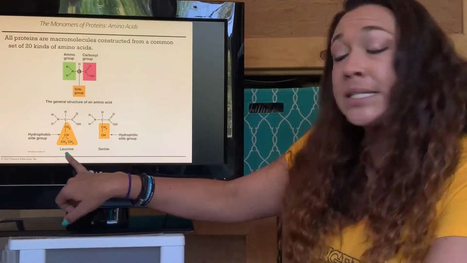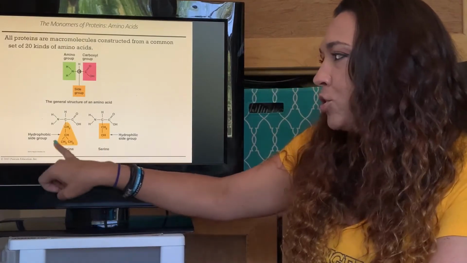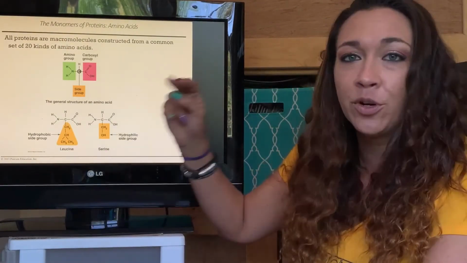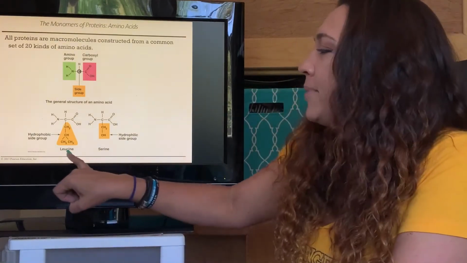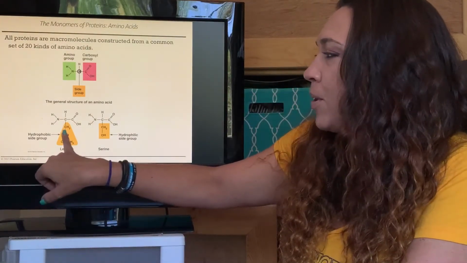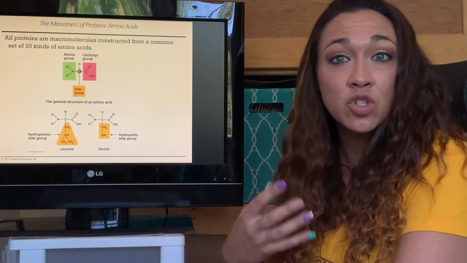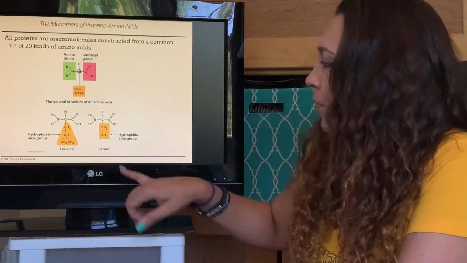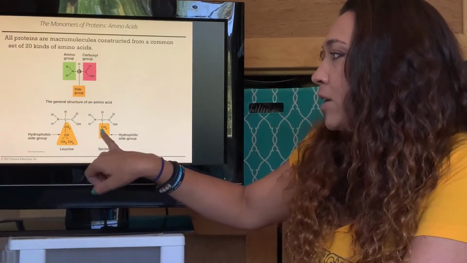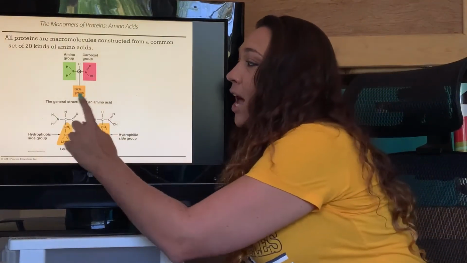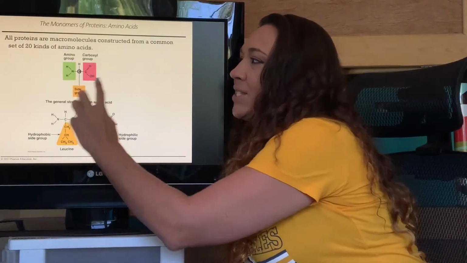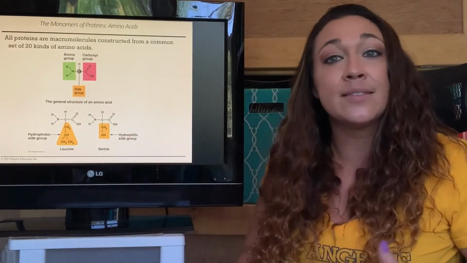So if we look down here, we can see leucine. And this R group shown here in yellow, or this side group, same kind of thing. Organic chemistry, they call it an R group. This is leucine right here, and you can see that it's got a bunch of these CH molecules. And so that's structurally what makes leucine. And over here we have serine, which only has one CH molecule and then a hydroxide molecule. So again, this little side group can vary, but this base right here is always going to stay the same,